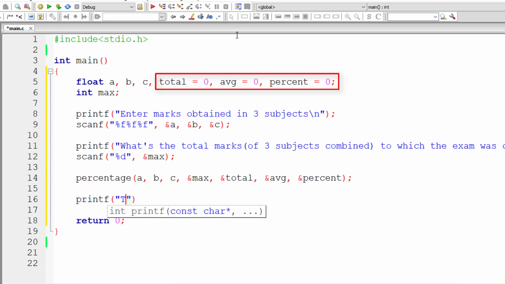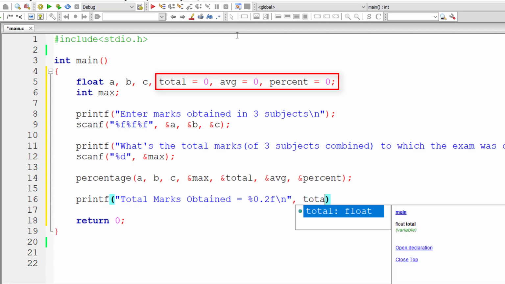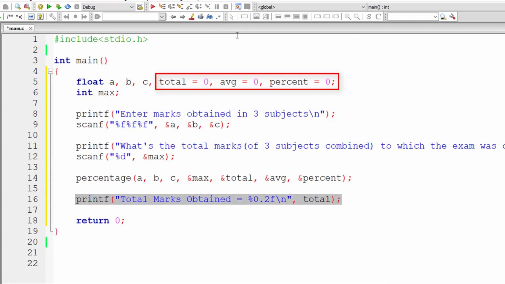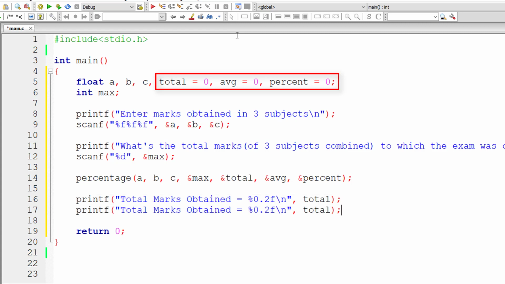Now I'll show you the printf statements too, that is total marks obtained, which will be present inside the variable total, because we will be modifying these values total, average and percentage, the values present in these 3 variables, by using their addresses which we are passing through to the function percentage.